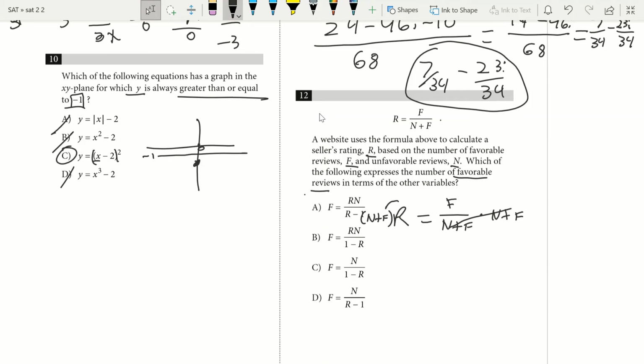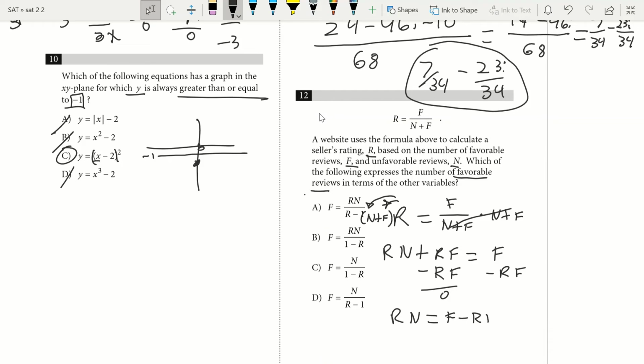Okay, so now we're going to go ahead and distribute this R to our N and F. So we're left with Rn plus Rf equals F, right? Now we gotta subtract our F, so we have all our F's on one side. So we do that from both sides, right? So now we have Rn equals F